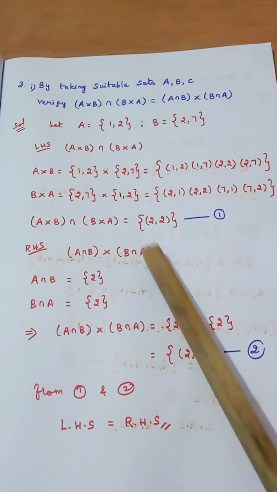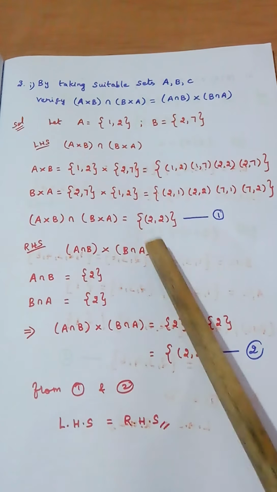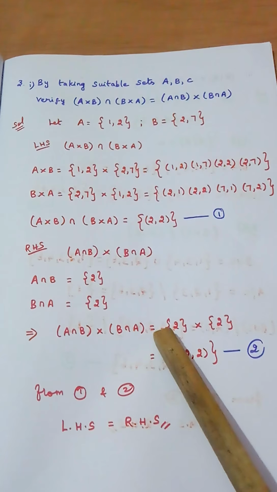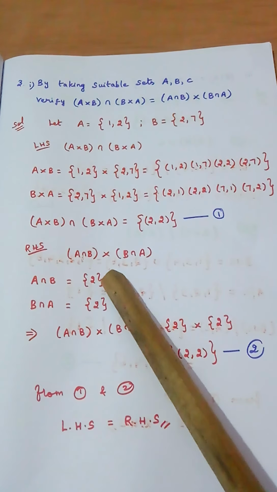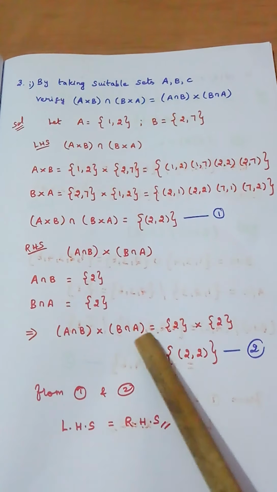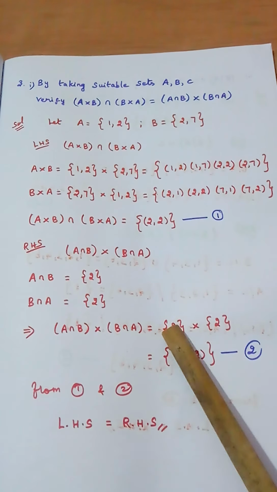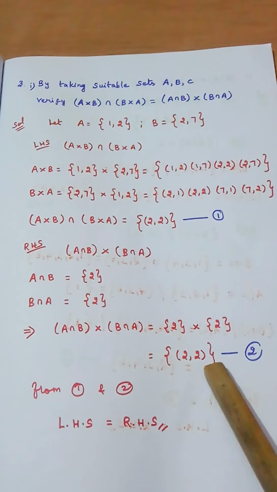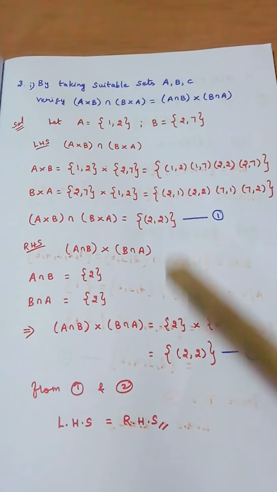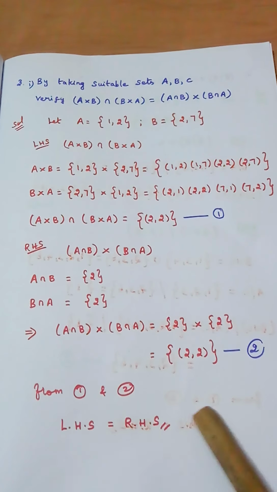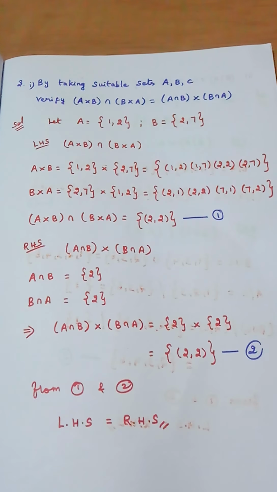If you see the RHS, we have to make the Cartesian product for these two. So that is the third step. A intersection B cross B intersection A is equal to, what is A intersection B? The singleton set 2, cross B intersection A, which again is the singleton set 2. How to take the cross product of these two? Take this element with this element, that's all: 2 comma 2. This is equation 2. So we found out LHS, and we also found out RHS fully. They are giving the same answer. So I can easily say from the first equation and second equation, LHS equals RHS. Would you be able to understand this? Shall we go for the fourth sum?